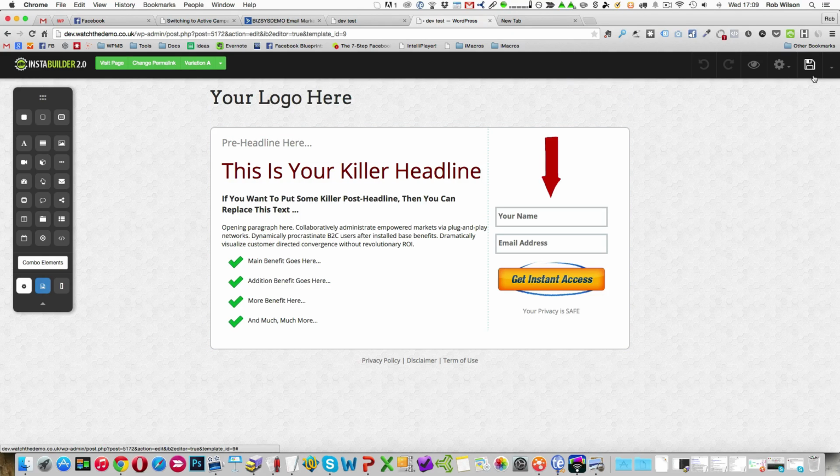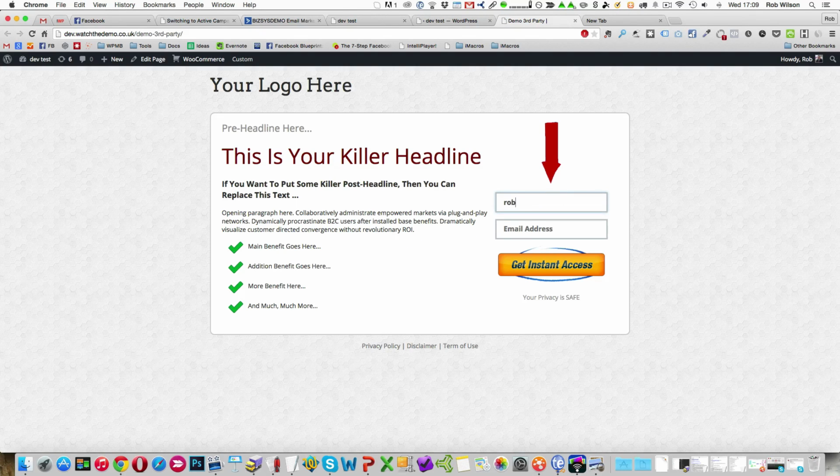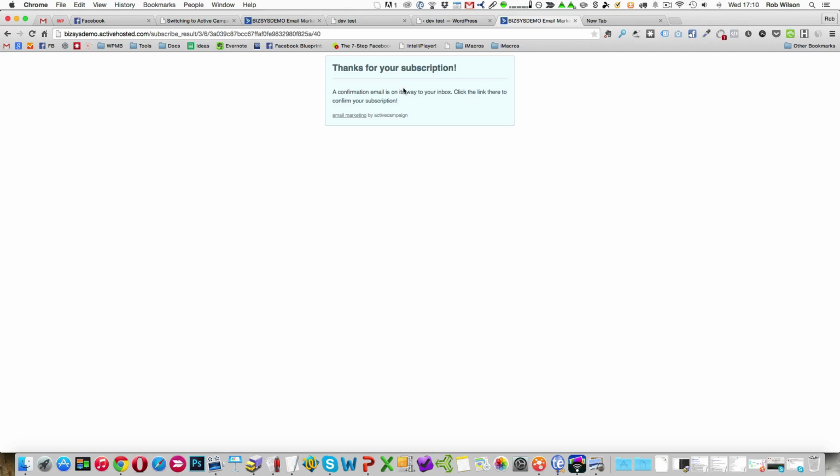Let's save that away, and go and view the page and see if it actually works. So there's the page, put my name in, my email. Nope, that's not the one I want. So it seems to have gone off and gone to the specified page that we gave it in the settings